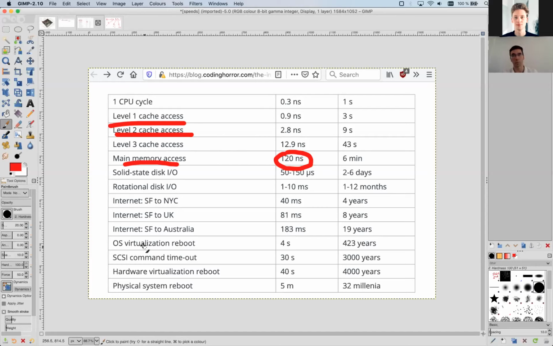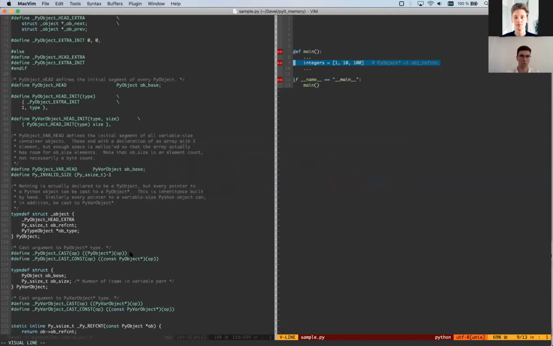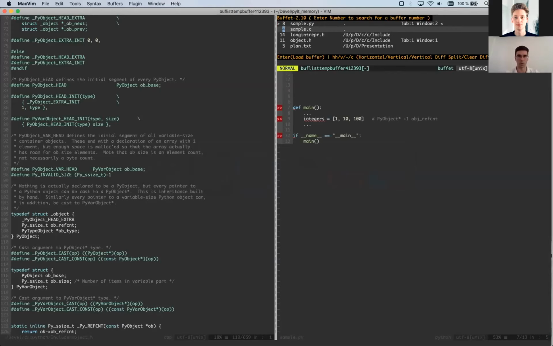By the way, same problem in Java, because they have a garbage collector, and it creates objects in memory all over the place as well. So if you can't manage memory yourself, you're probably going to have this cache miss problem a lot, unless your compiler or interpreter is really, really smart. Then you probably don't. Let's go to the plan of my talk.